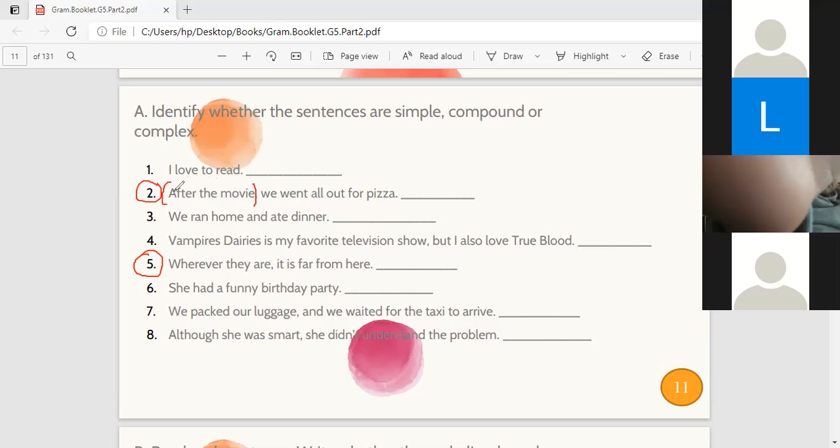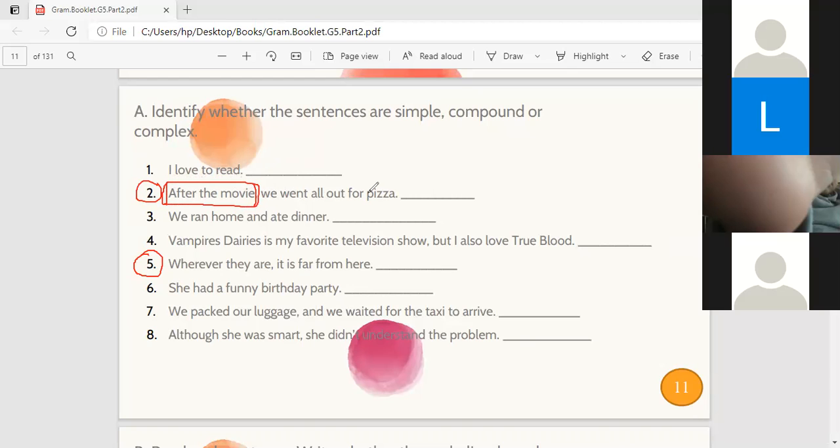What do we consider it? Here it is called a prepositional phrase. It's not a clause. Kareem, and all of you, pay attention to this. After the movie: if you see the word after directly, it doesn't mean that it's a complex sentence. No, you have to check if it's a dependent clause with an independent clause or not. Here, after the movie doesn't make a dependent clause. Why? Because I have a noun after after, but I do not have a subject. I do not have an idea. Here, it just shows me time. We call it a prepositional phrase. So we do not have to look at it.